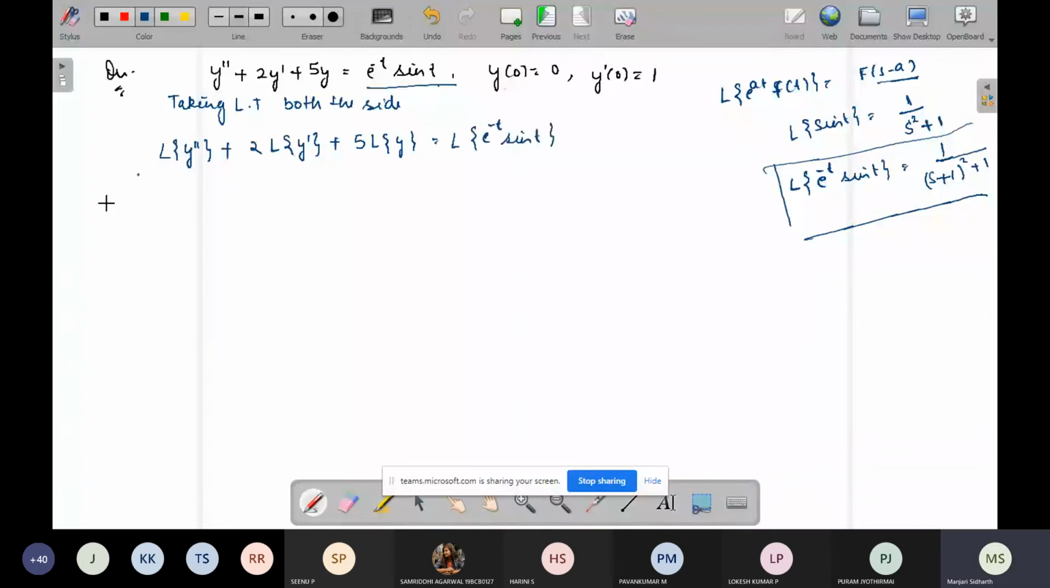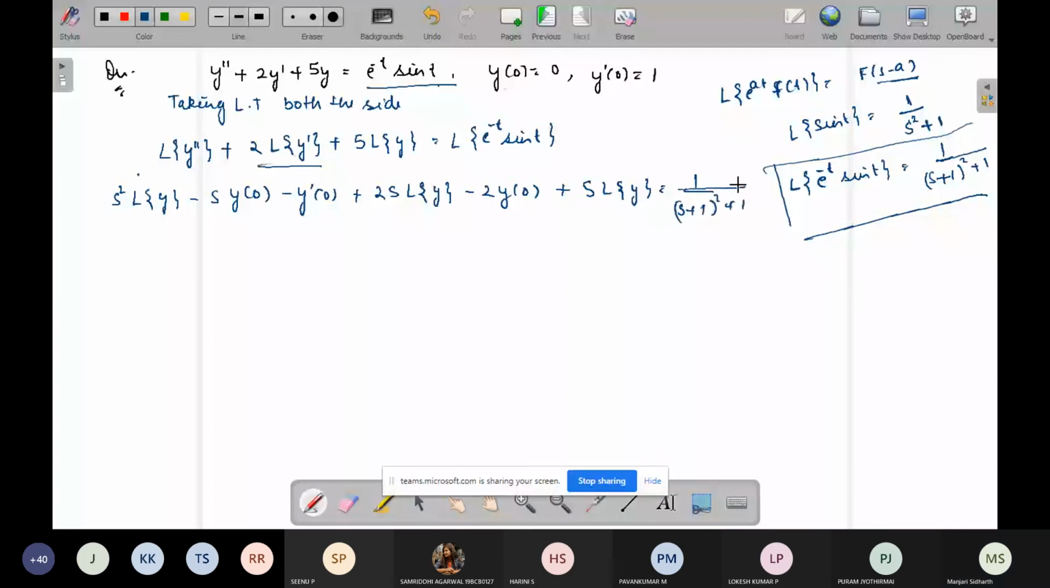Now these things will start from s square Laplace transformation of y, minus s y0, minus y dash 0. Okay, this twice into s Laplace transformation of y, minus 2 into y0. Then 5 Laplace transformation of y. And RHS is 1 over s plus 1 whole square plus 1. Okay, so